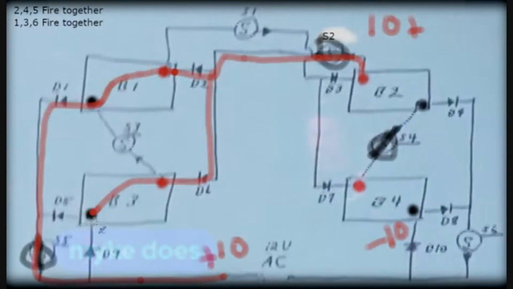But it can go this way through this diode and through that switch also. So that positive 10 from the right side can cut across both these batteries also, which are 5 volts right now, because this switch is open. They're not in series. So anyway, there goes your positive 10 on one side, and